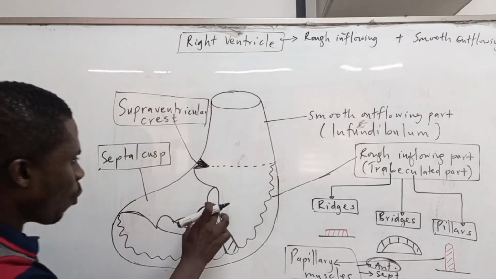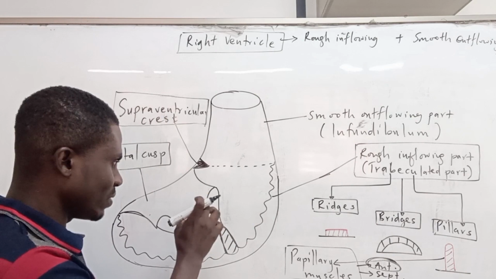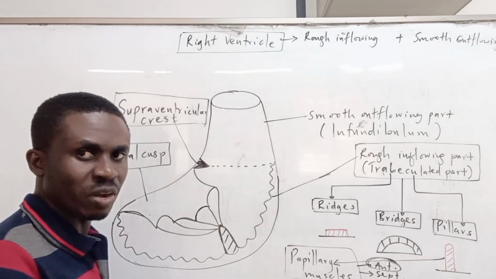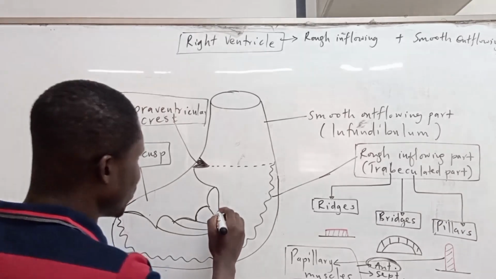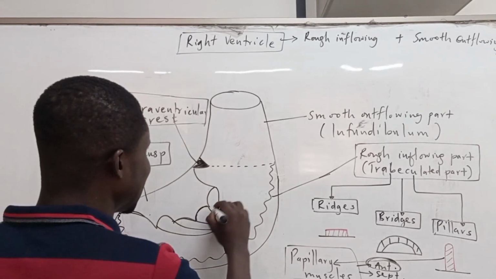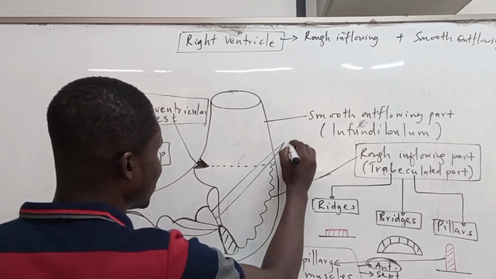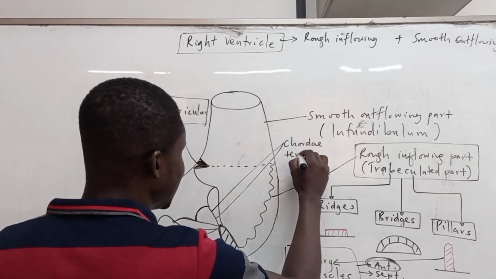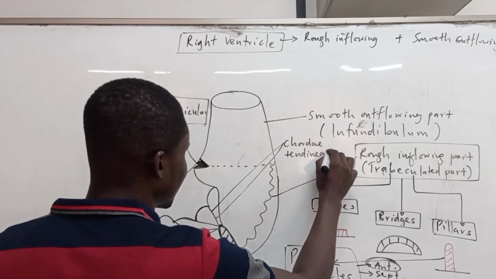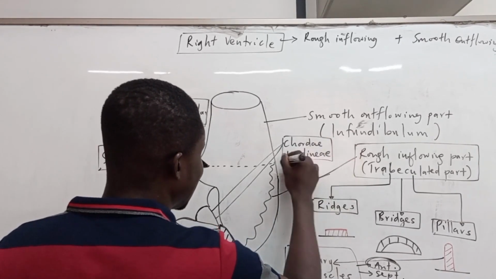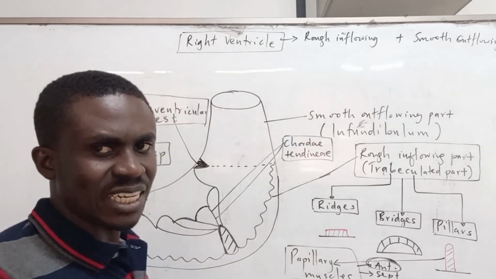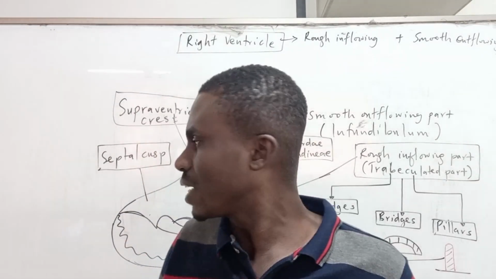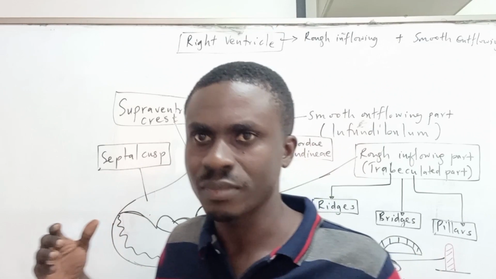And these cord-like connections between the cusps of the valve and the corresponding papillary muscle are something we call chordae tendineae. Chordae tendineae. Now the chordae tendineae are extremely important, because what happens during systole, if blood